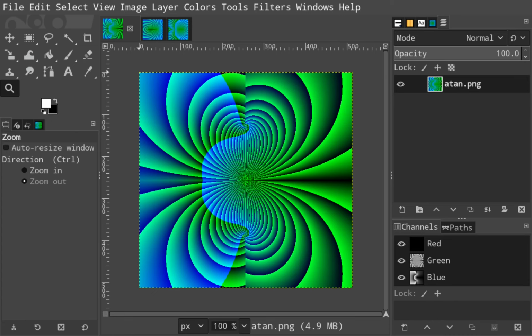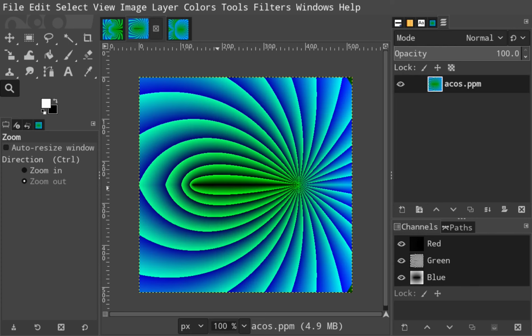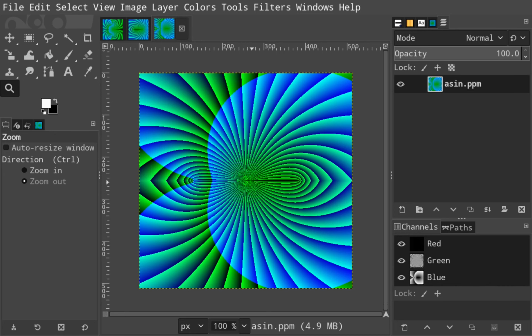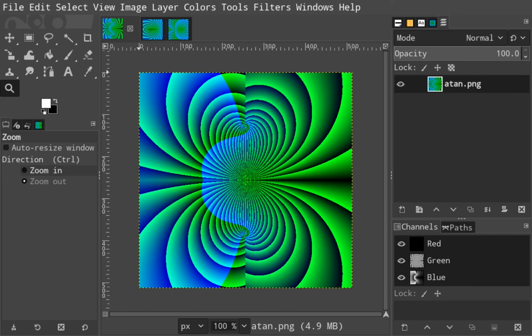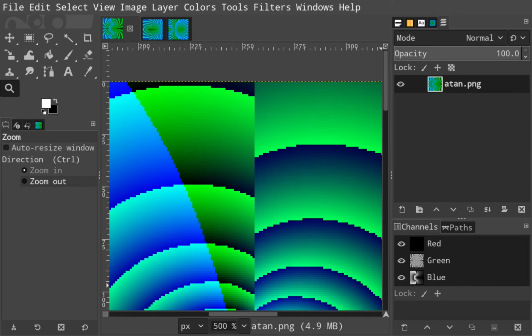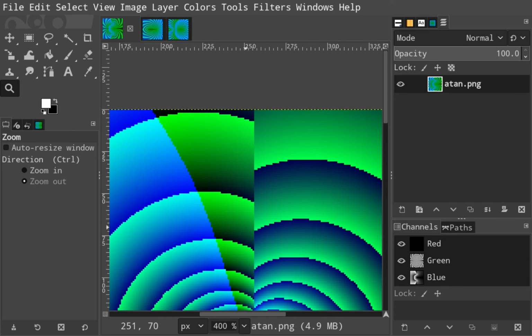Hello again and welcome to the next section. So here we have the domain coloring version of arctangent, arccosine, and arcsine functions on the complex plane from 1 plus i to minus 1 minus i. So the first function to discuss is arctangent. As you can see, the function isn't even continuous between the positive side and negative side of real numbers